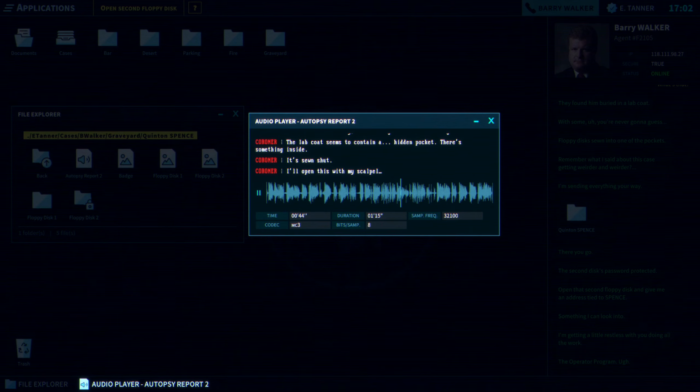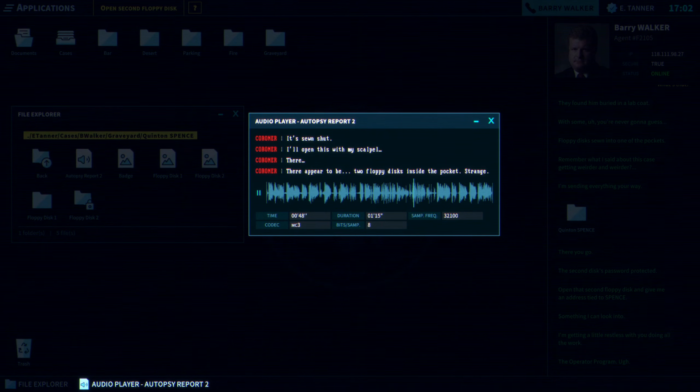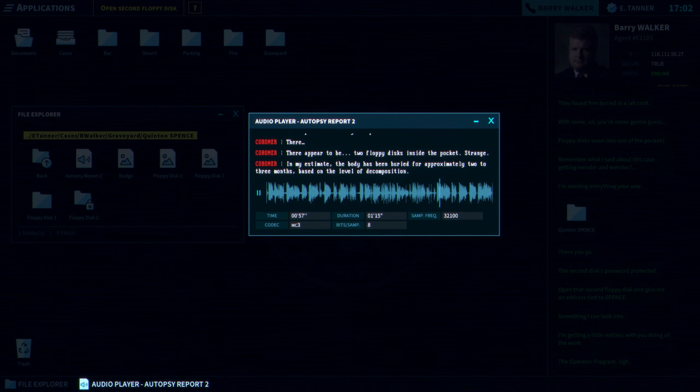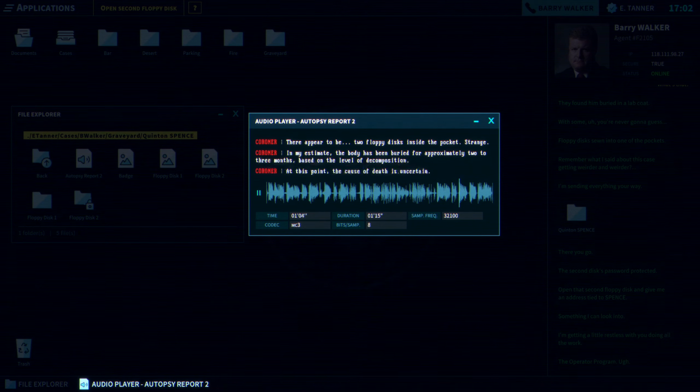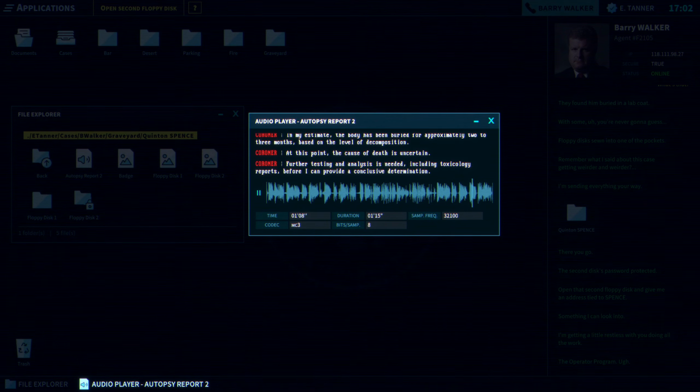I'll open this with my scalpel. There. There appear to be 2 floppy disks inside the pocket. Strange. In my estimate, the body has been buried for approximately 2 to 3 months, based on the level of decomposition. At this point, the cause of death is uncertain. Further testing and analysis is needed, including toxicology reports, before I can provide a conclusive determination.